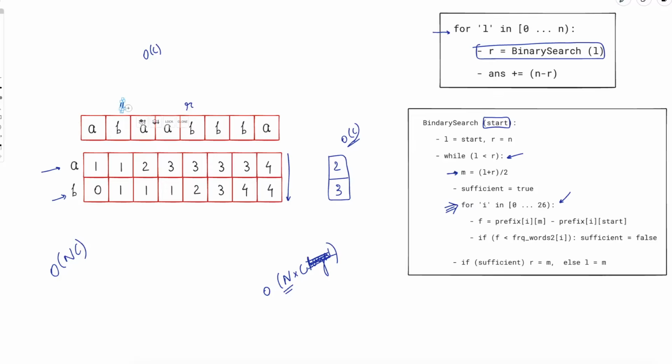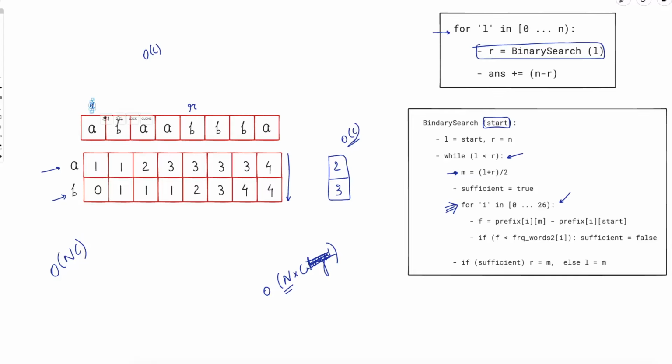Now, let's assume that you started with this L. For this L, you found out this R is the one. This is the first R where everything goes good, right? So for L equals 0, you found out that this is your R. And this you do by any method, it doesn't matter. Once you figure out this R,